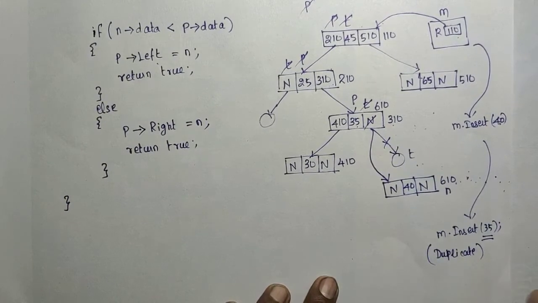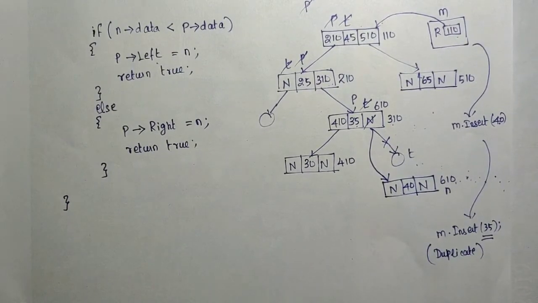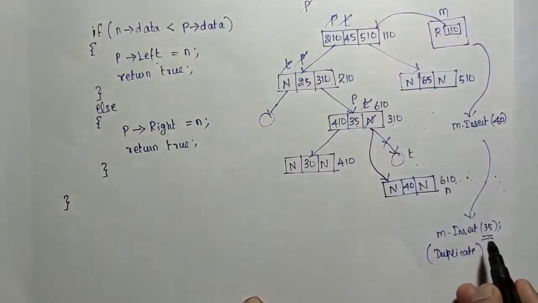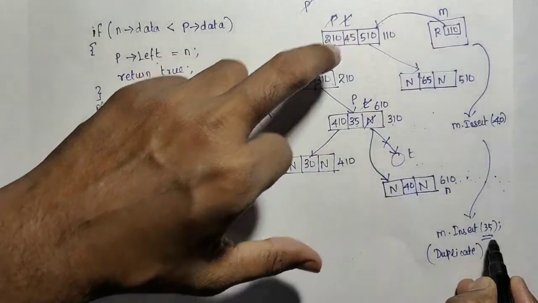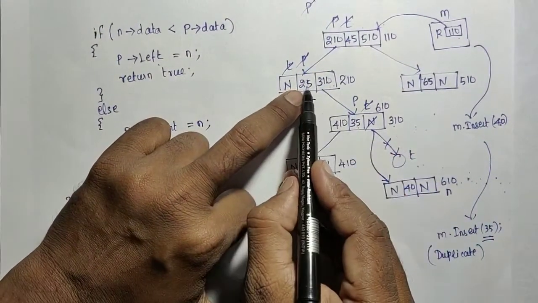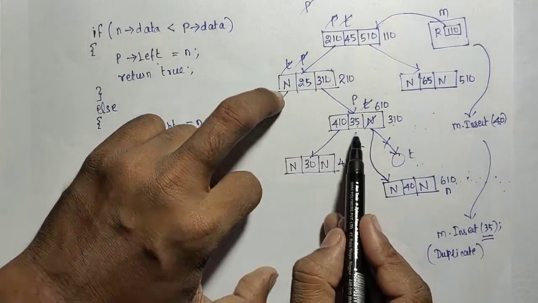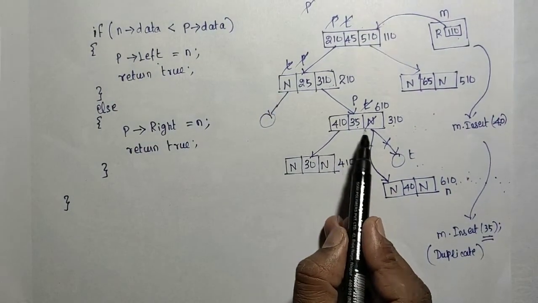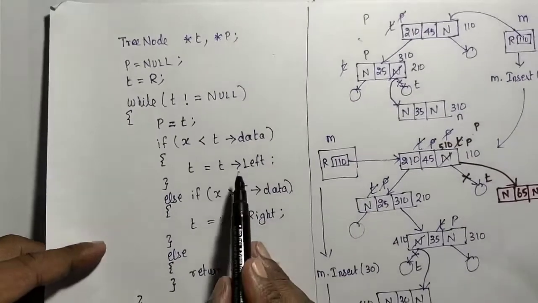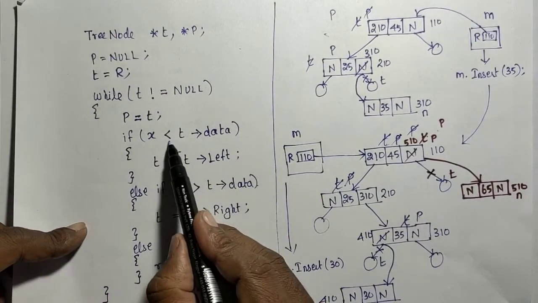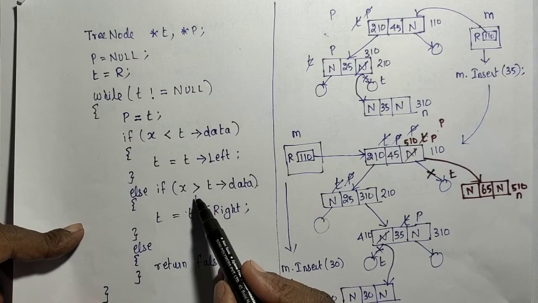Okay, so the operation should what? Return the failed message. So I need to start from the t here, 45, and then 35. Go left, t will be reached here, and then 25 and 35 greater, t will be reached here. Okay, 35 and 35. x is 35, t of data is also what? 35.